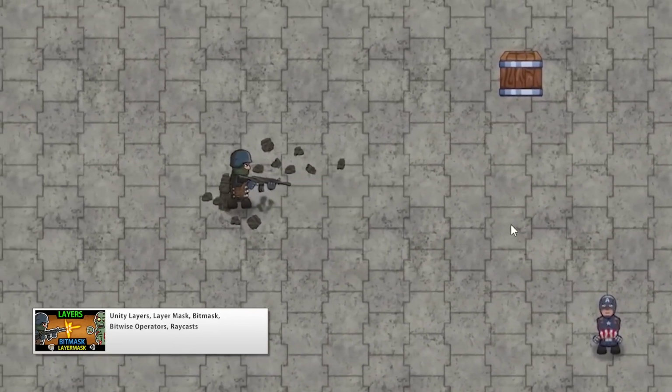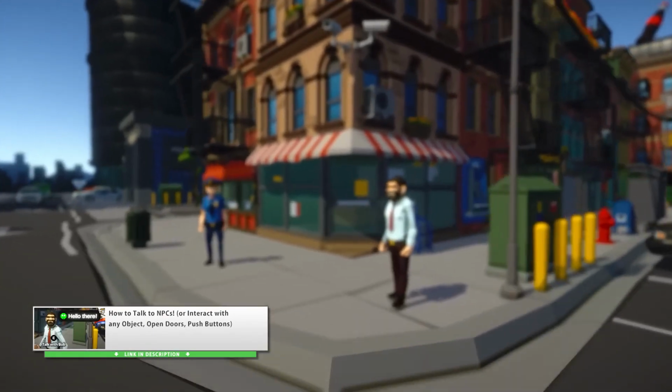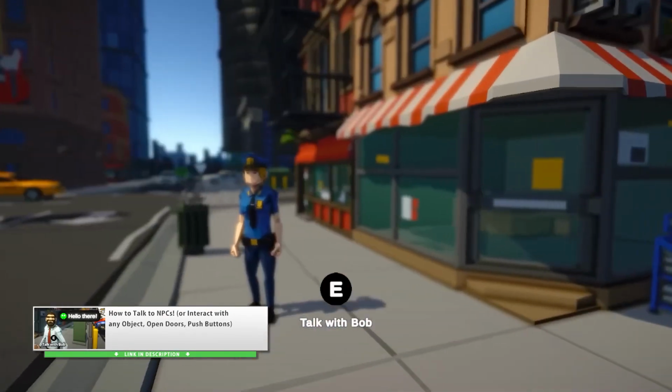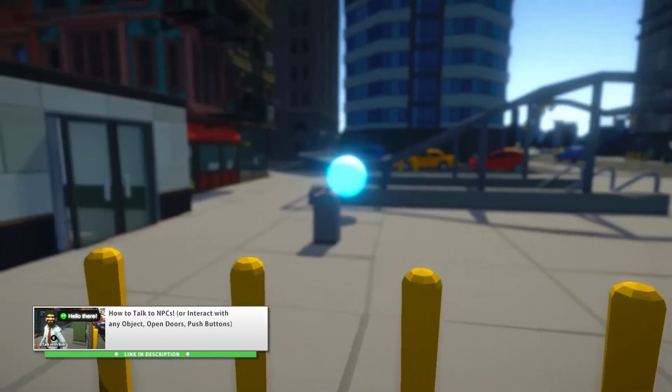But if you want to learn about bitmasks, go ahead and watch that video. And also another quick note, in this game we're only going to interact with one single object type. It's only going to be a counter, even though we're going to have multiple types of counters. But for games where you want to interact with multiple objects, like for example having an interact action to talk with an NPC, and another one to open a door or push a button, for those kinds of multiple interactions,